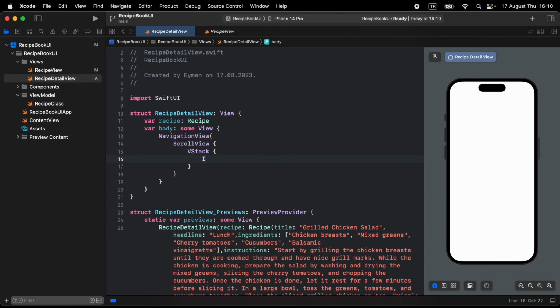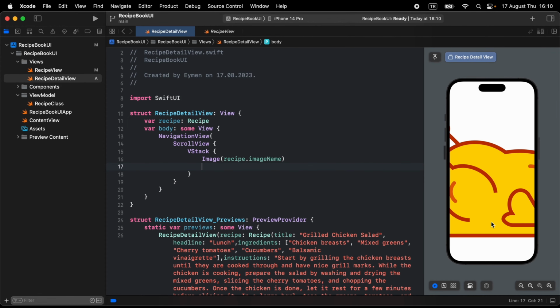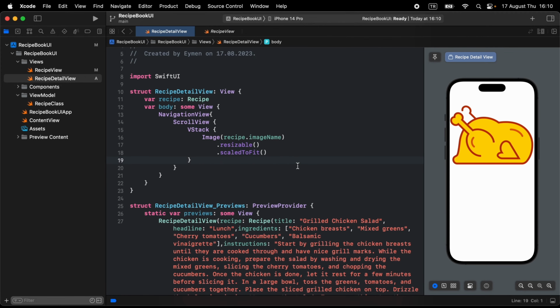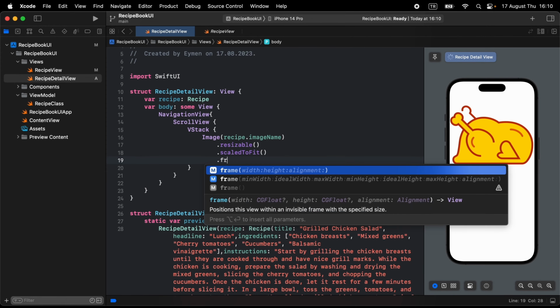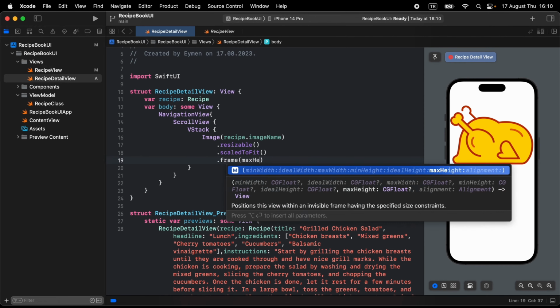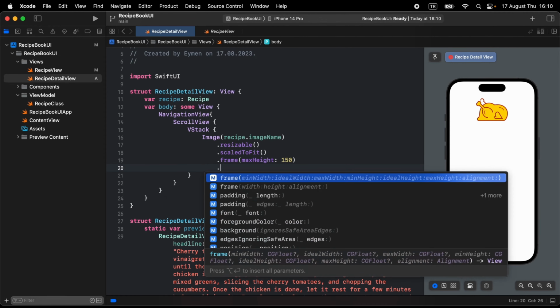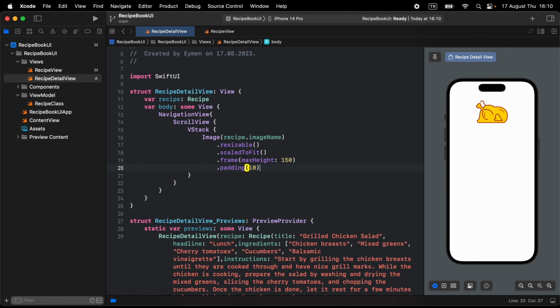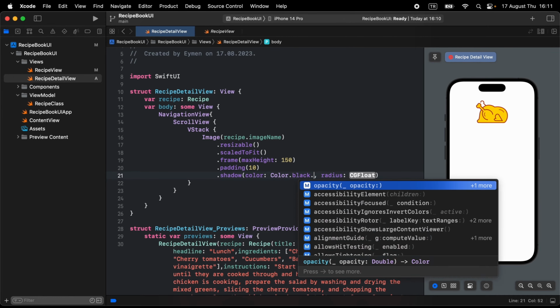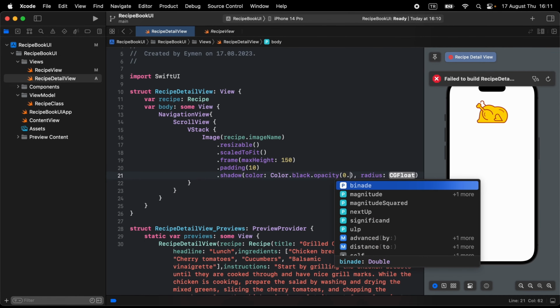So inside VStack, first of all, I will display my image from recipe.imageName. Okay, we can see our image. Quickly make it resizable and scale to fit. Let's give some frames. For example, max height, not width, 150, and give it some padding. For example, 10. Also, let's give it a shadow color and make it black with some opacity, for example 0.3